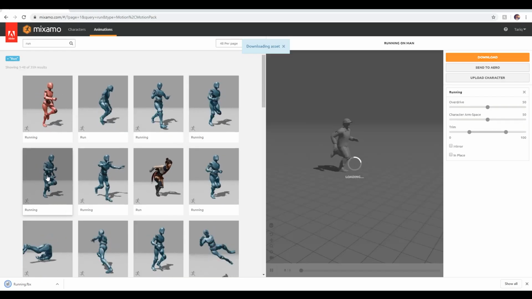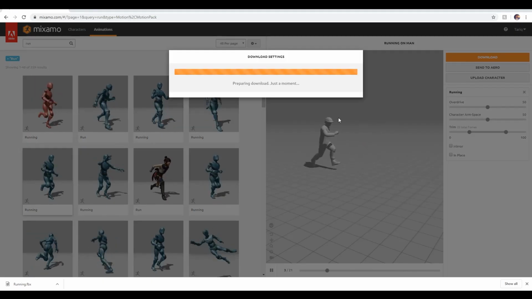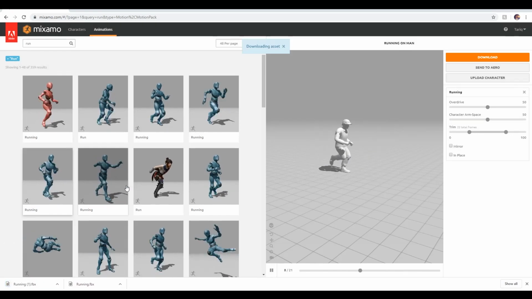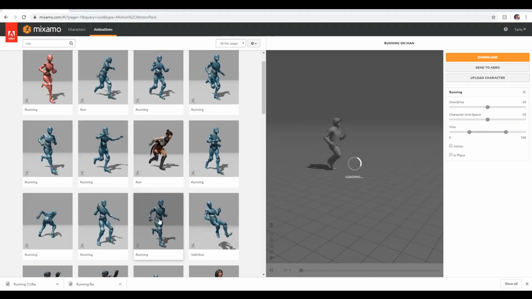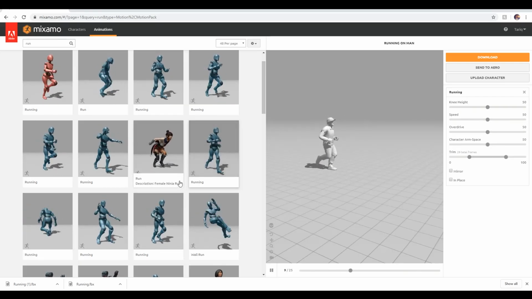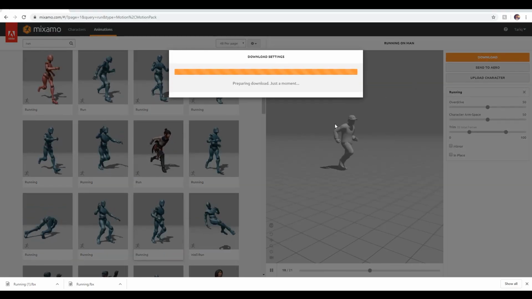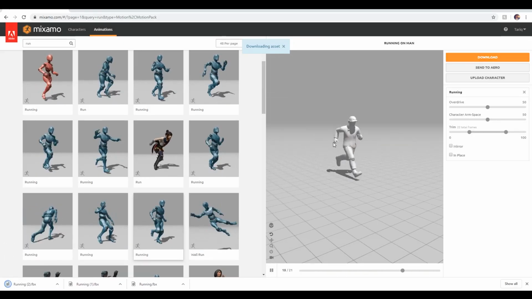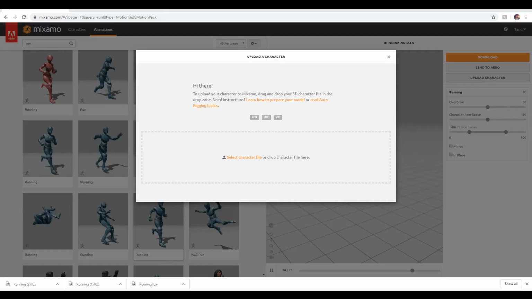There we go. I'm going to take this run. Oh, this by default is fine. Download that. 24. Perfect. And then I'm going to take this one as well, which is a bit slower. Let's see. Maybe this one as well. Oh, no, the other one is a bit too slow. Yeah, perfect. There we go. So I've got all my male agent animations. So I'm going to go ahead and upload the woman